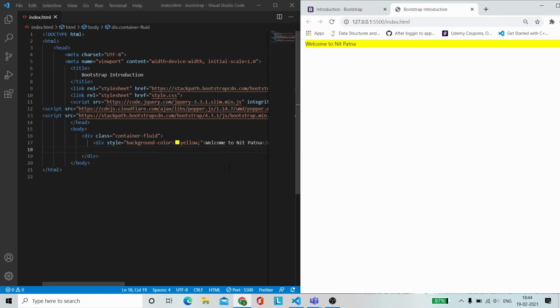Now if I want to add an image, and I want that image to be responsive too, so that it spreads and shrinks according to the screen size, let me add a simple image. As we add an image, image source equal to any image, let me add image 2.